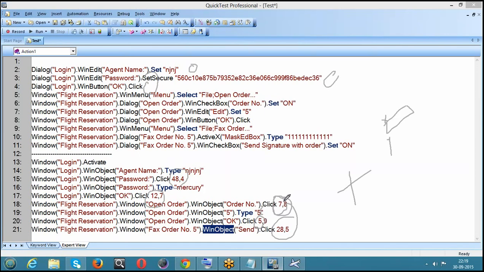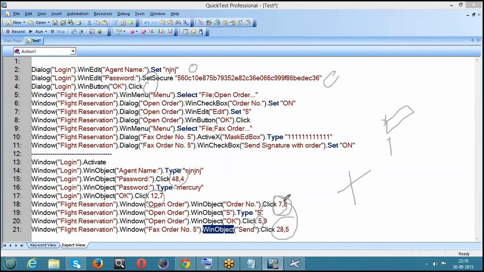Yes, we'll understand that as we move into the subject. As we start writing the script, then obviously by self-learning we'll know why recording is completely prohibited. The only thing is the reusability concept will not work if it is a recording. If you want to test an application 10 times, you have 10 sets of username and password, and you need to record 10 times. That is not the proper idea. Your script should be such that you write it only once and execute it 10 times. That should be the way. We'll see that as we move into the subject. I guess it's too early to discuss that.